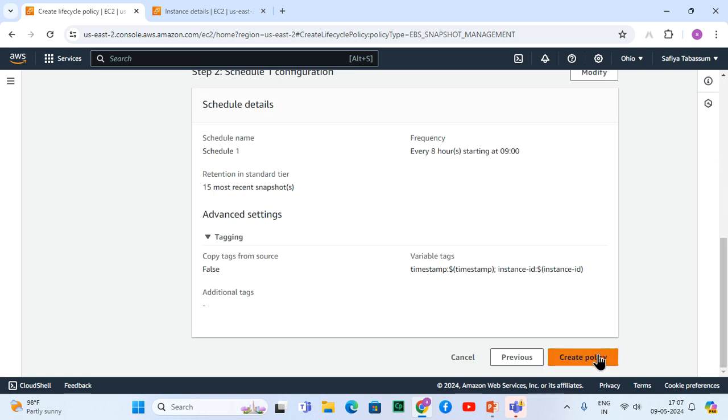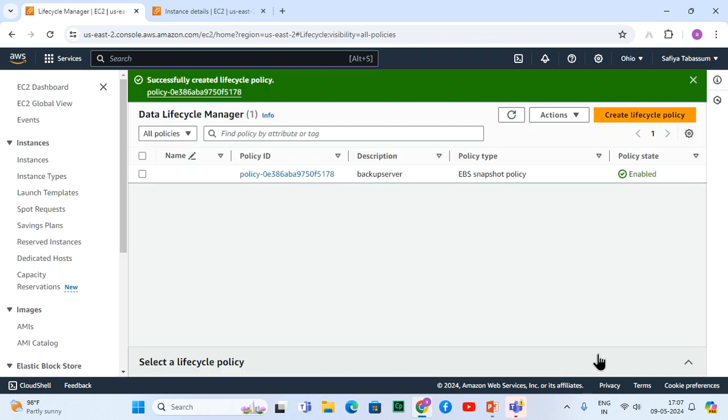That means I don't want to take it daily. I want it to be done by Lifecycle Manager. If I go daily, for 10 machines I have to give one more command and I have to do something separately. But if I have this kind of centralized way, it will go ahead very easily.